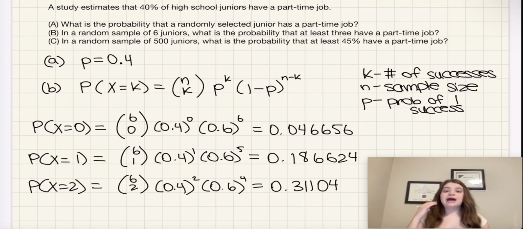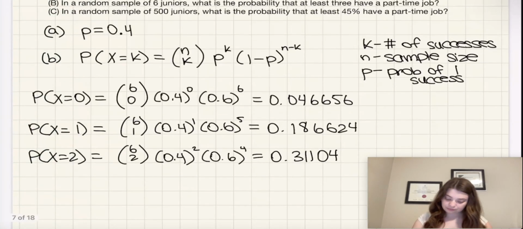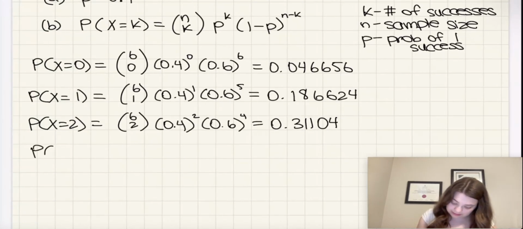0.31104. So now I'm going to add those up because that is going to give me the probability that 2 or less than 2, right? So 2 or 1 or 0 students had, out of this sample of 6 juniors, a part-time job. Okay, so probability that x is less than or equal to 2 would be just the sum of all these. So I'm going to grab my calculator and add these up. And I'm getting